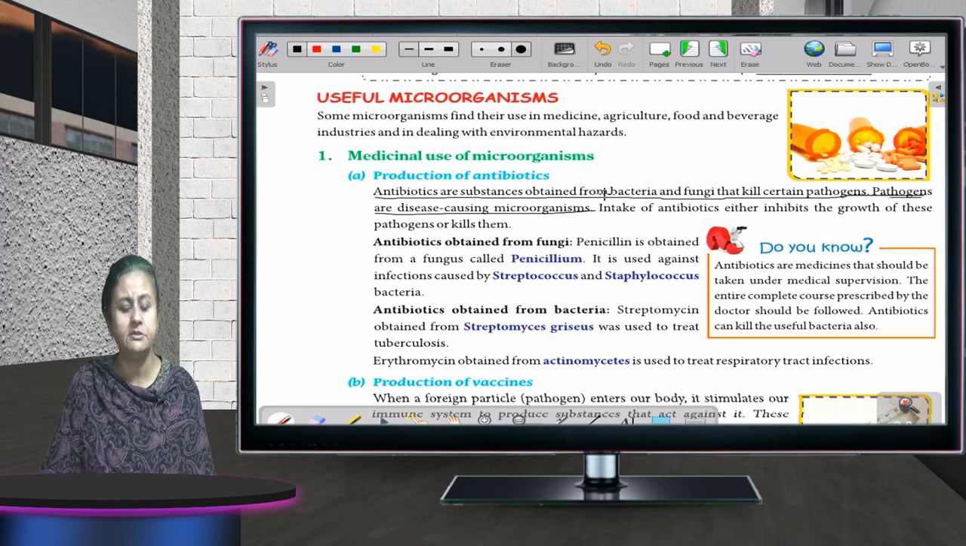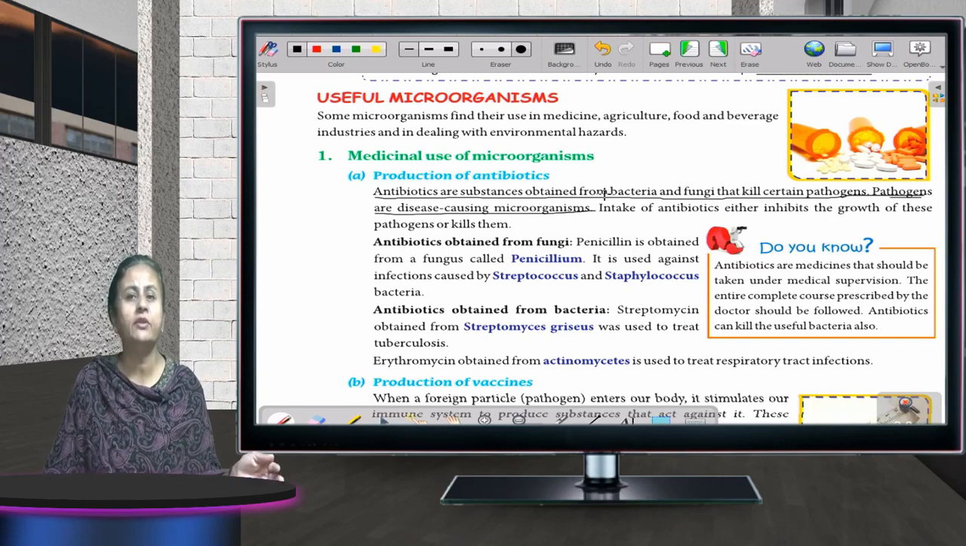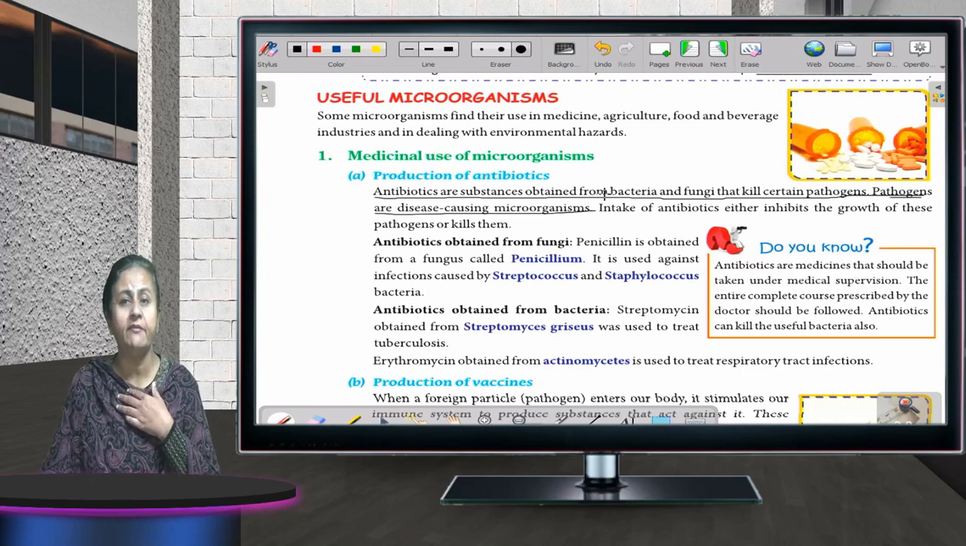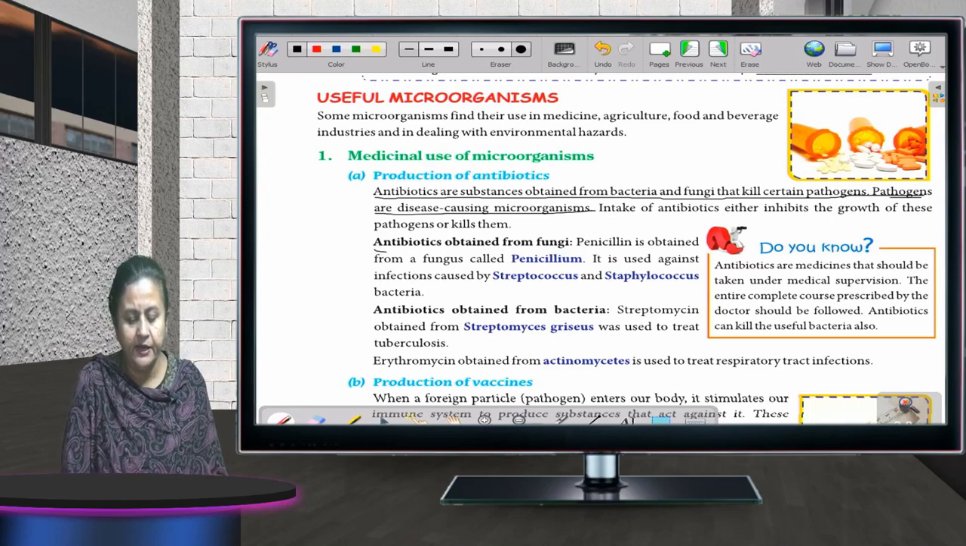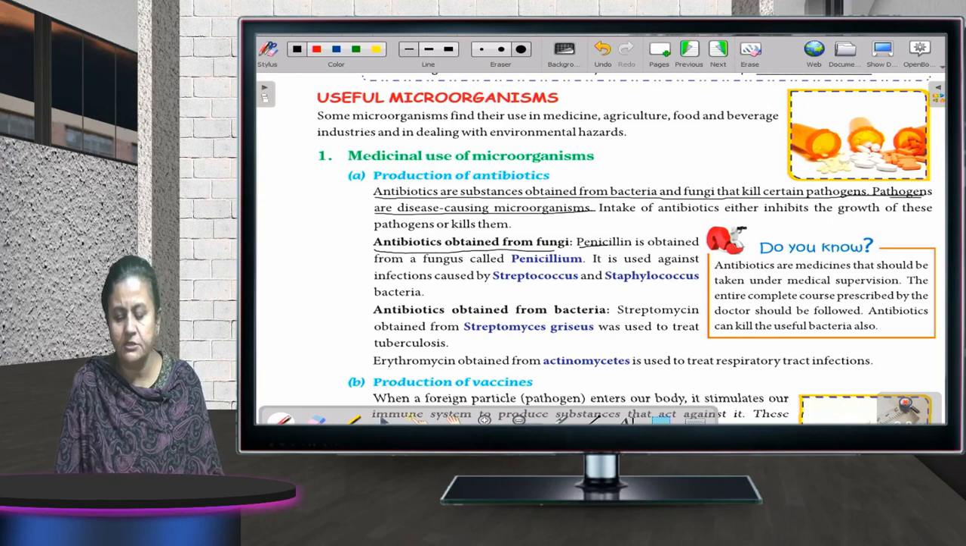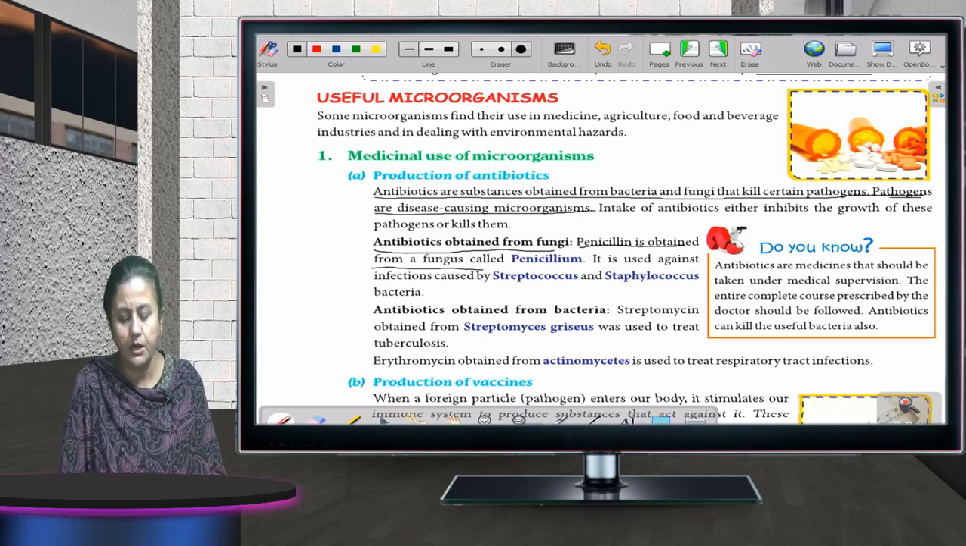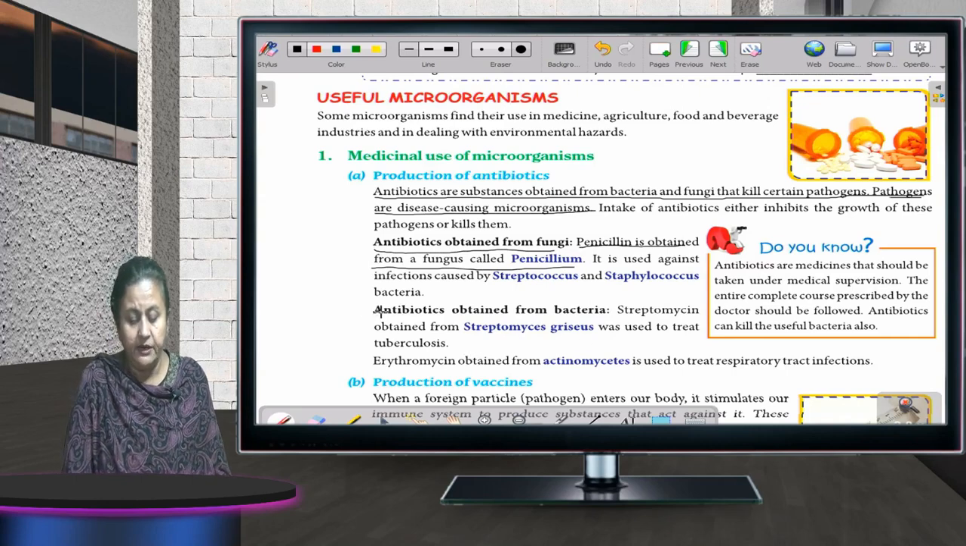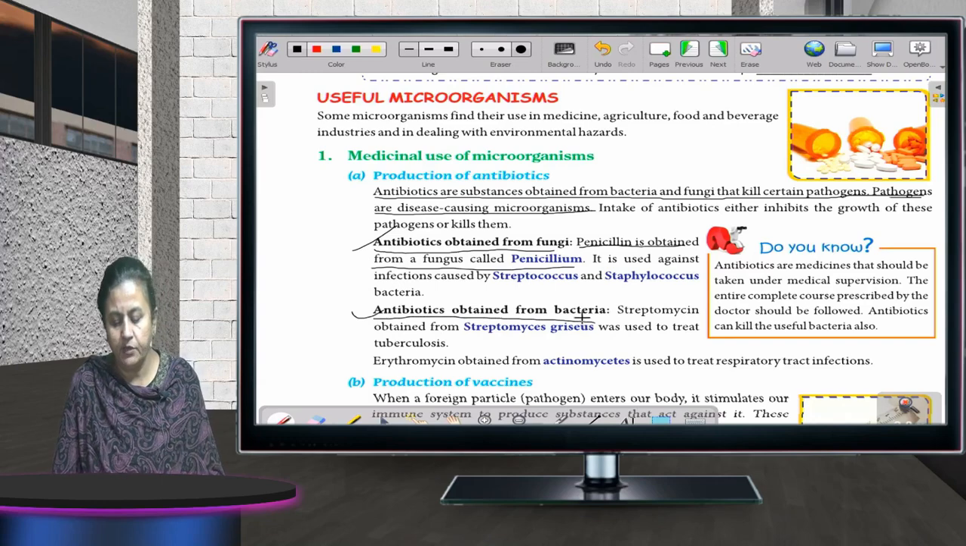So what happens? We take antibiotics, so that whenever we take those antibiotics, the pathogens which are inside the body, they are killed. Fine. Then antibiotics obtained from fungi. Penicillin is obtained from a fungus called Penicillium. Then you get antibiotics from fungi, and you also get them from bacteria. Okay. Then